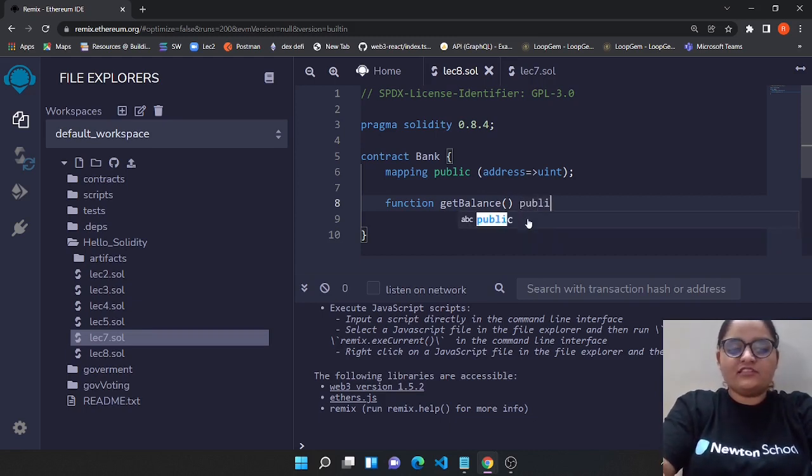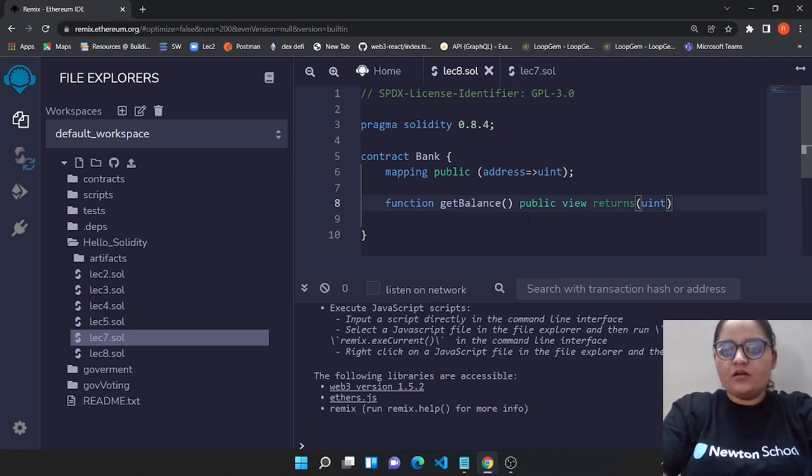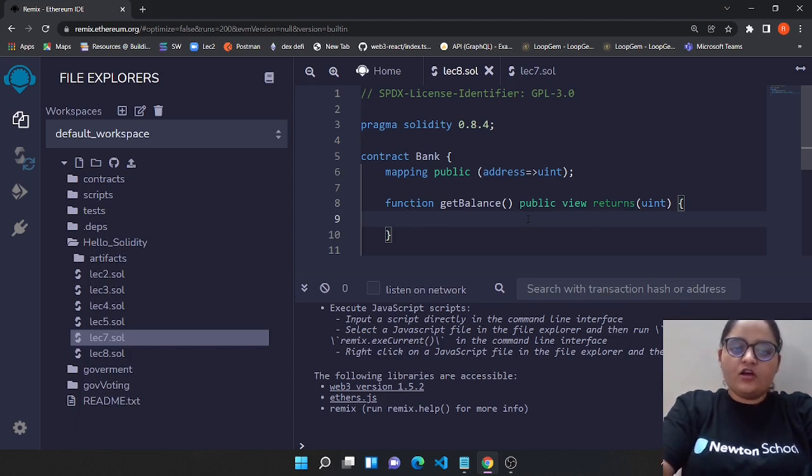First of all, this is a public function so that anyone can call it, the second thing is that it is a view, and the third thing is that it returns something. What it returns is a uint value.